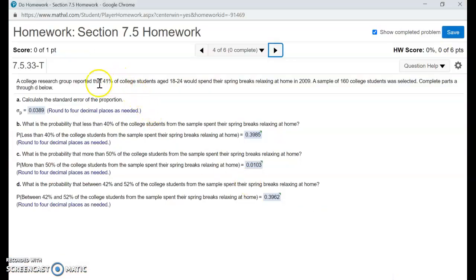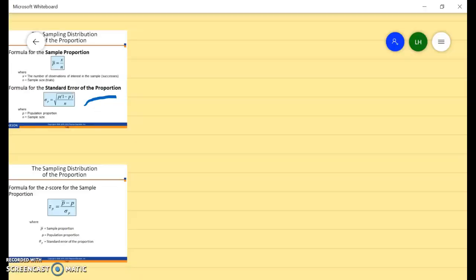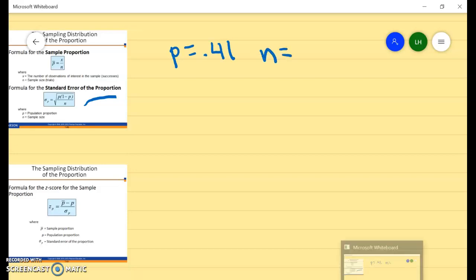Okay, we have 41% of college students age 18 through 24 who would spend their spring break at home in 2009. A sample of 160 college students was selected. So p is 0.41 and n was